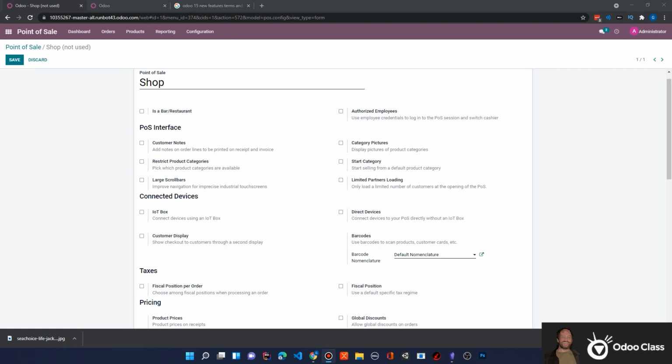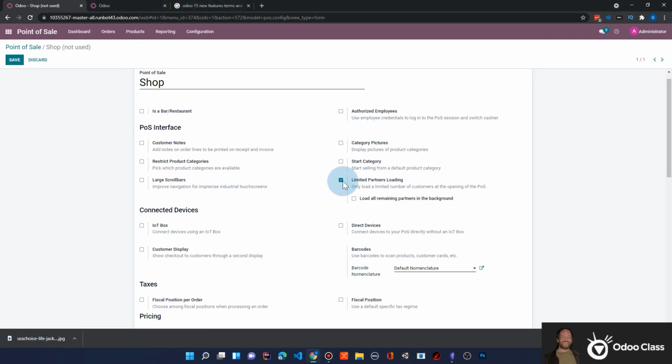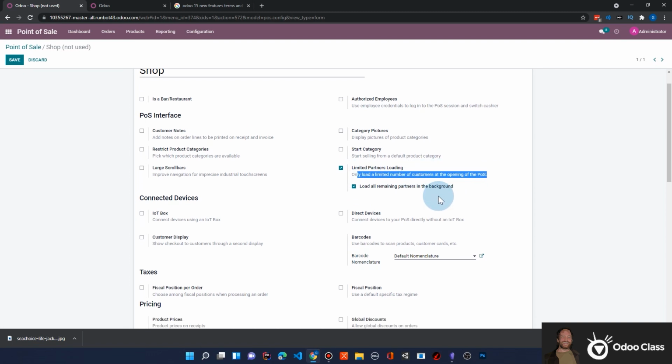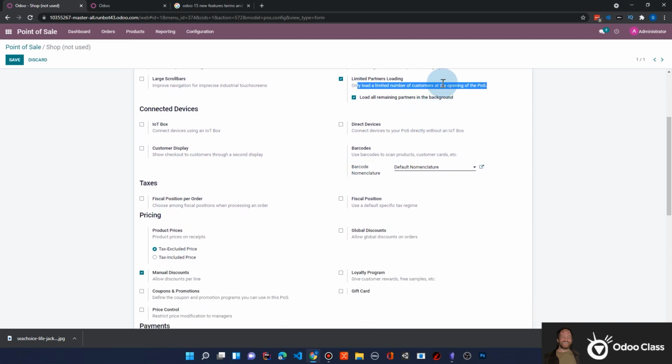It'd take a long time to boot up, and with customers, if you had tens of thousands, hundreds of thousands of customers, it takes a long time to boot up because it has to load them into the web browser, essentially. Limited partner loading. So here's the example. I say limited partner loading, and then I can come down here and say load all remaining partners in the background. So it loads now only a limited number of customers